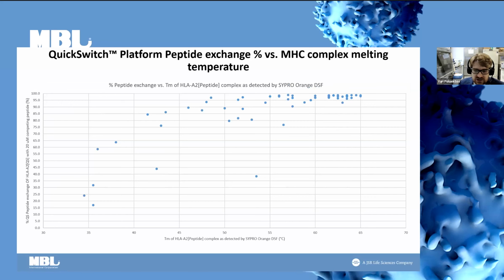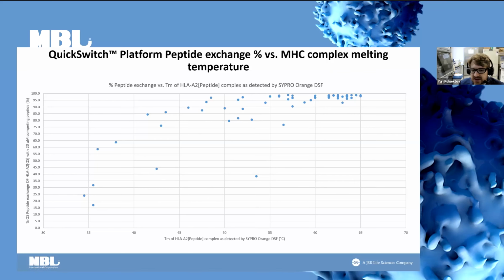It has been shown that MHC molecules that bind with higher affinity peptides are more stable to temperature-induced denaturation, and using a Sypro Orange DSF dye and an RT-PCR instrument, we're able to determine the relative melting temperature of our peptide exchanged MHC molecules. As you can see, there's a strong correlation between the percentage of exiting peptide exchange for the QuickSwitch loaded peptide and the melting temperature of the MHC molecule loaded with this peptide. But there's still some outliers present, which I'm not sure I can explain, but